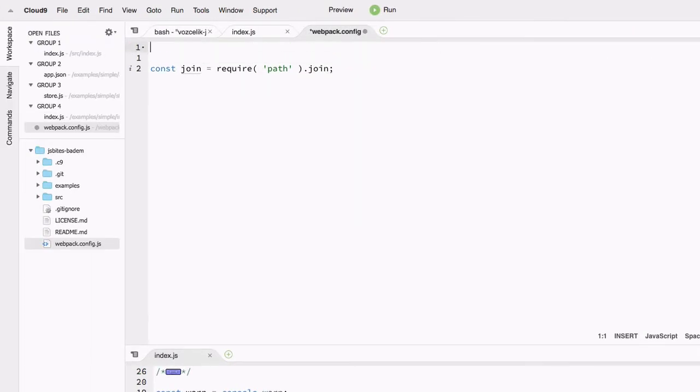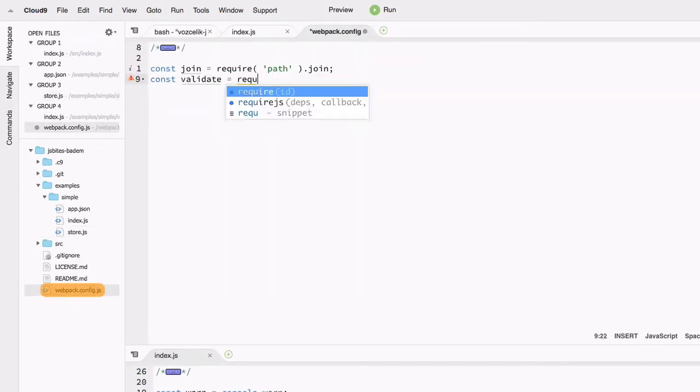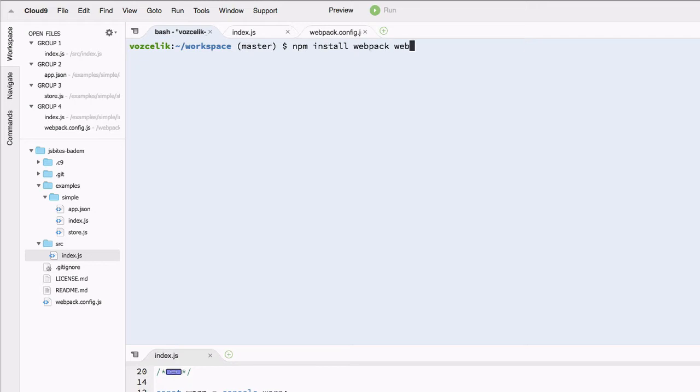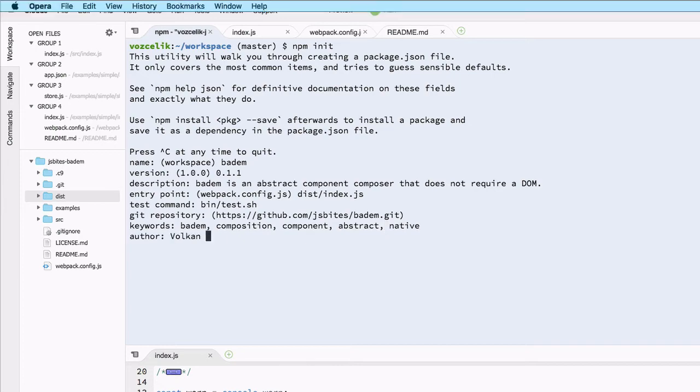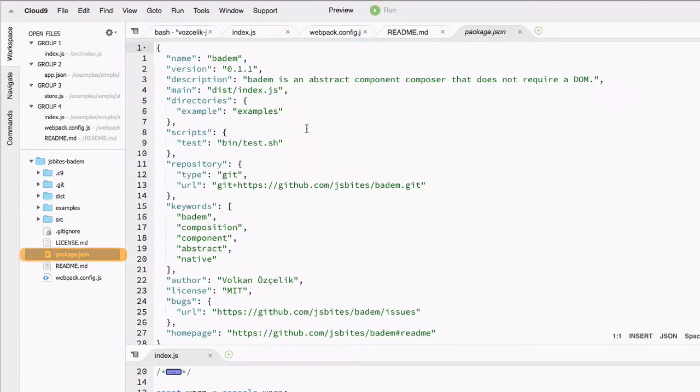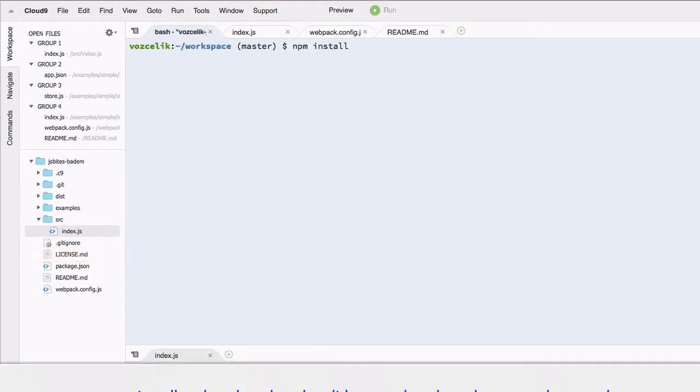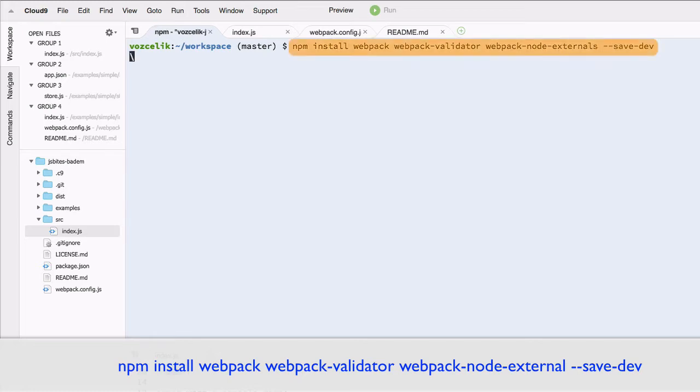So I'm going to create and configure my webpack.config.js, and before that I'll need to install my dependencies, and even before that I'll need a package.json. So let's do an npm init to initialize our module. And now that I have a package.json, I can install Webpack and its friends so that I can transpile and